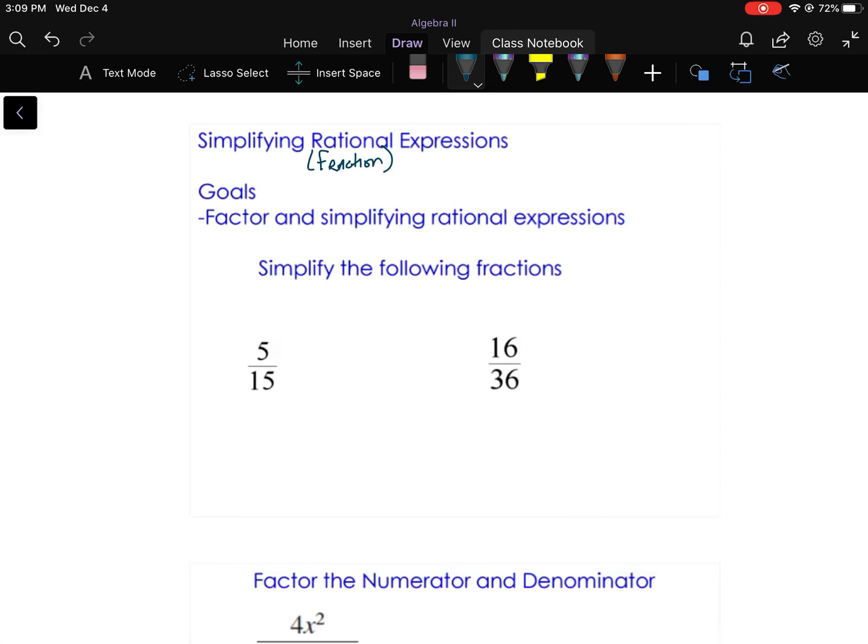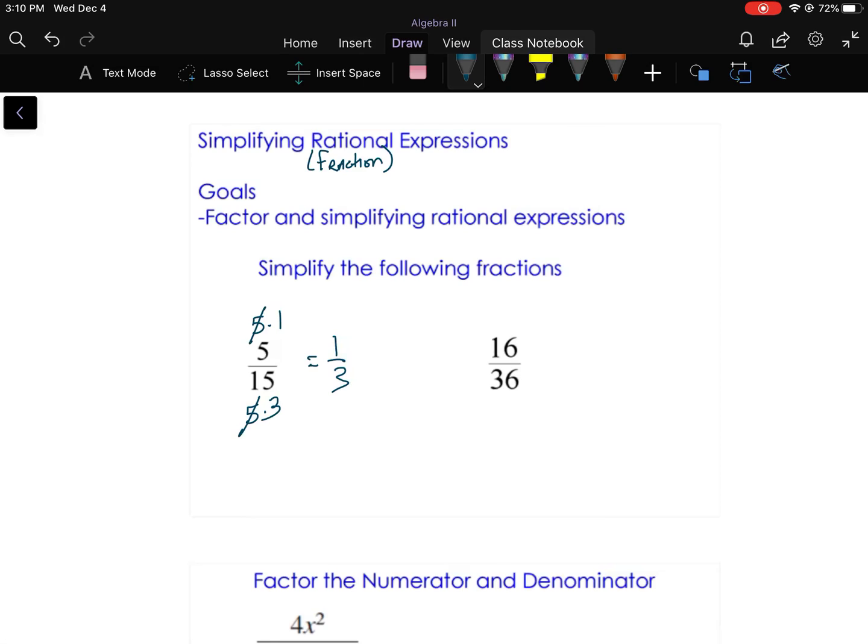5 over 15, which is this. 5 is 5 times 1. 15 is 5 times 3. The common factors I can cancel out are the 5s, so the answer is 1/3. Now, you probably don't think of it that way, but in reality, that's really what you're doing, canceling out